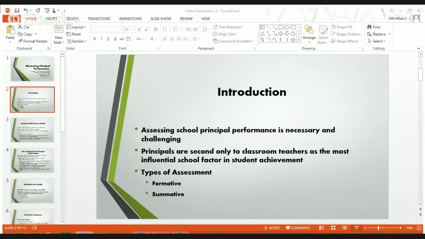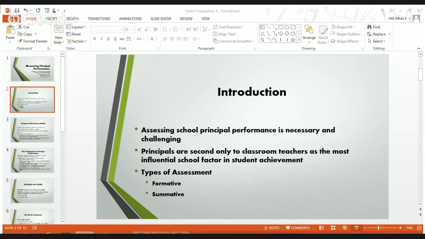The last assessment that they wrote about was the Vanderbilt Assessment of Leadership in Education, VAL-ED for short. It has become one of the most widely used and respected measures of school leadership performance assessment. VAL-ED assesses principal performance by gathering information from principals, teachers, and principal supervisors. It is a 360-degree assessment tool to be administered to principals, teachers, and principal supervisors.